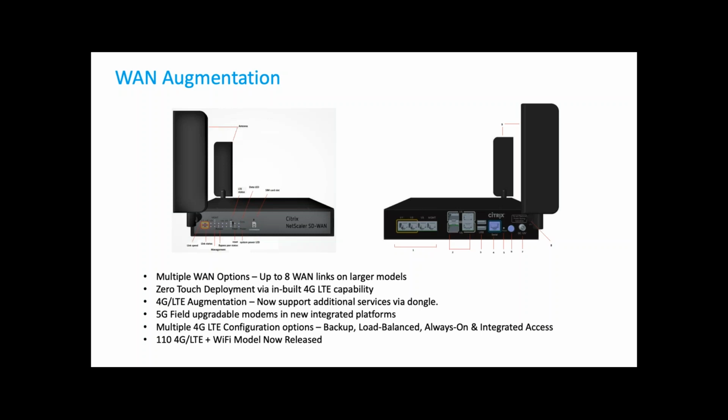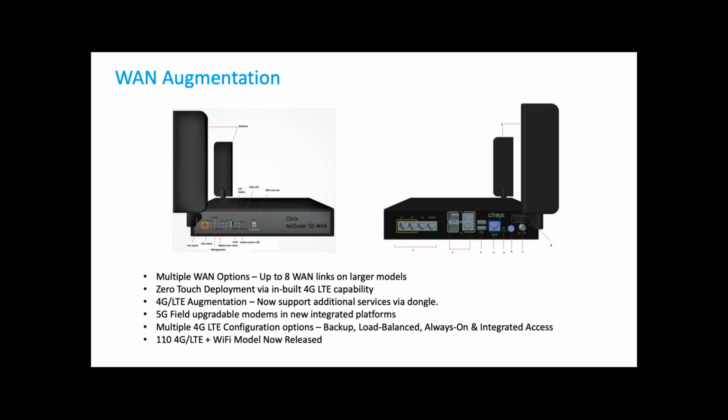We also have the ability with our licensing to increase the throughput of the appliance. So you're not exactly stuck with, maybe, a 100 meg appliance that you've installed on site. As these links grow, you can increase that to a 200 meg or whatever your needs might be. Also noted here, the 5G: we're ready for 5G, so we have field upgradable modems in these appliances. So when that does come to your area, we can quickly swap those over.